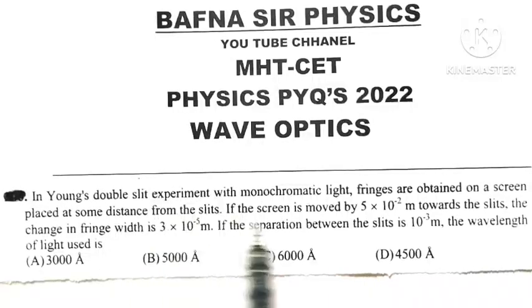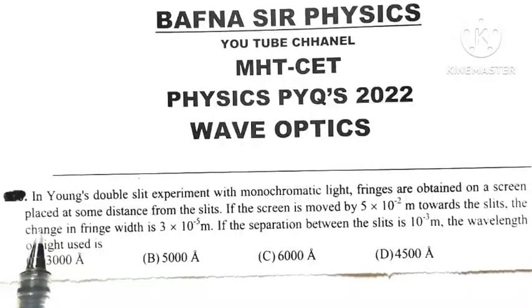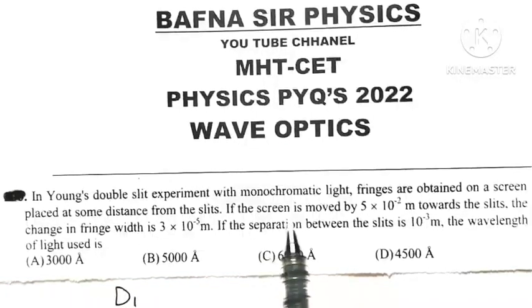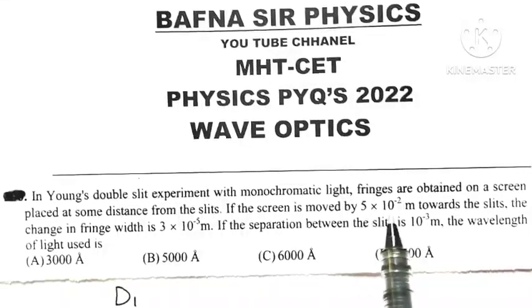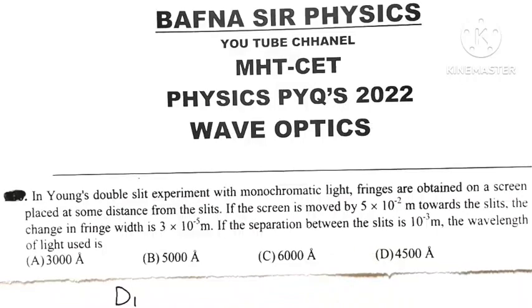In Young's double slit experiment with monochromatic light, fringes are obtained on a screen placed at some distance from the slit. So d1 is the distance where that screen is kept. Now if the screen is moved by 5 into 10 raised to minus 2 meter towards the slit,